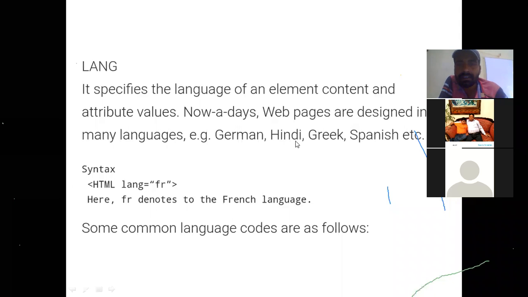Sir, show an example for French. If I show the example, maybe we can understand or not. Suppose if I write Hindi, then we have to write all the code in Hindi. Let me show you the example. It may interpret or not, that I can show you. Showing the example is not very tough, but what will happen after that, we have to see.